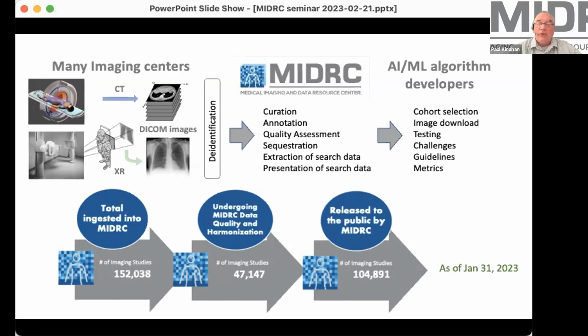Basically, go in and download everything and try to develop methods that are going to generate useful information from the images. There's a lot that has gone into this that you've heard about in other sessions, and I won't go into that. Here, I'm going to focus just on the aspects of curation that relate to the cohort selection. By that, I mean, if there's 105,000 images and you want to start testing things, how do you pick out the images that you want to start working with for whatever algorithm it is that you're developing?